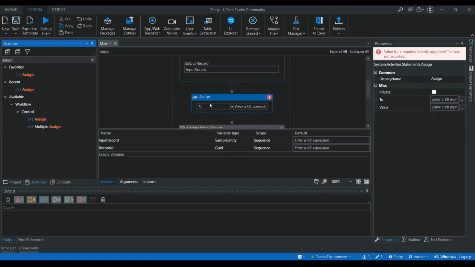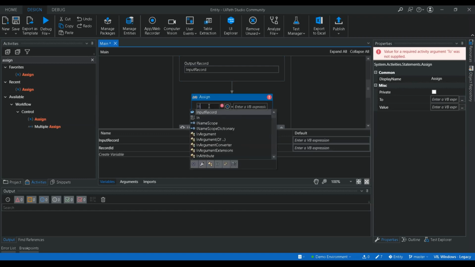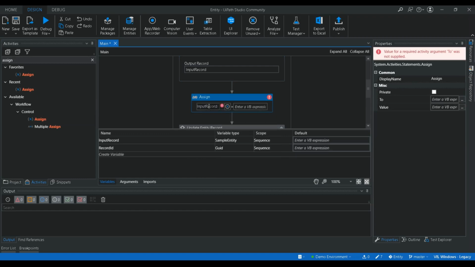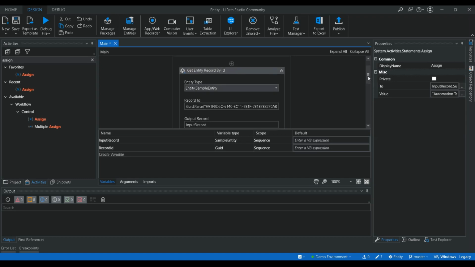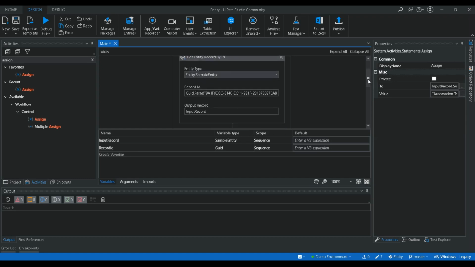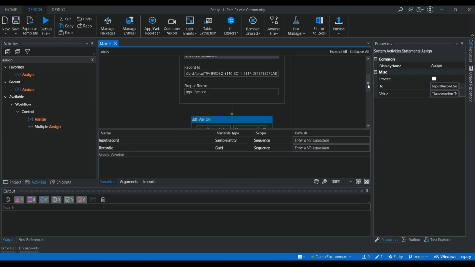Drag and drop the activity, then input record dot subject, I need to change the subject name, right? So what should be the new name? I'm going to change it to automation tool. So currently what we have done, we used the get entity record by ID for getting that particular row of data.